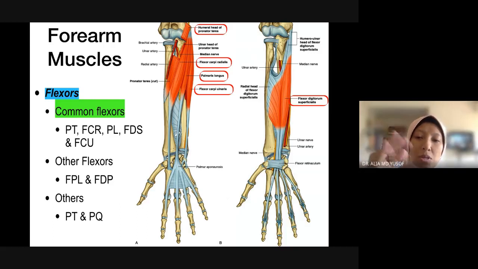Flexion of the wrist. However, in addition to that, flexor carpi radialis and flexor carpi ulnaris, when they work singly, meaning they contract by themselves without the rest of the group members, the flexor carpi radialis will cause radial deviation. This is also known in some books as abduction. But I do not prefer abduction because